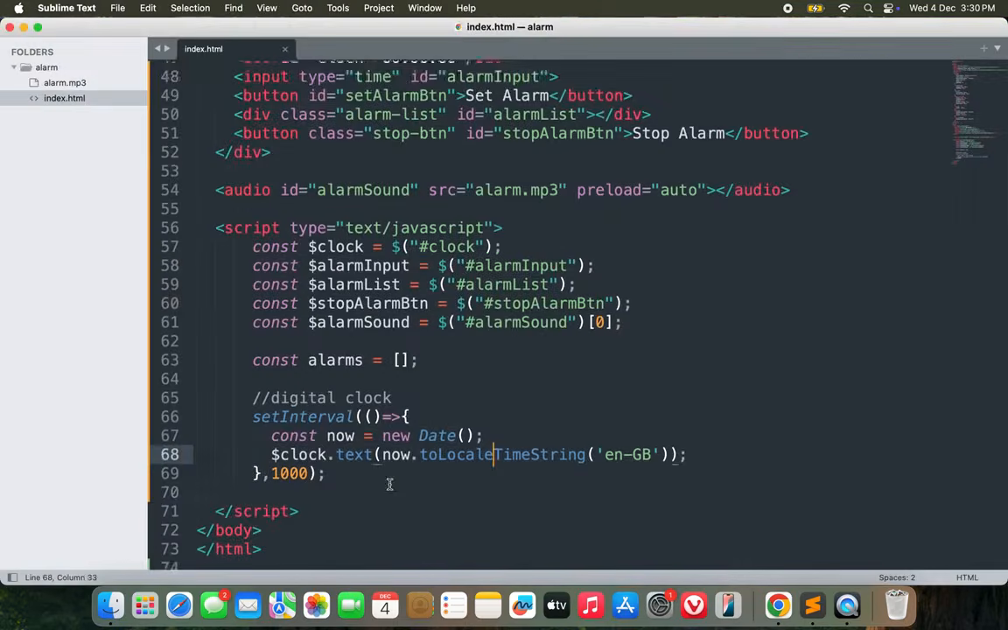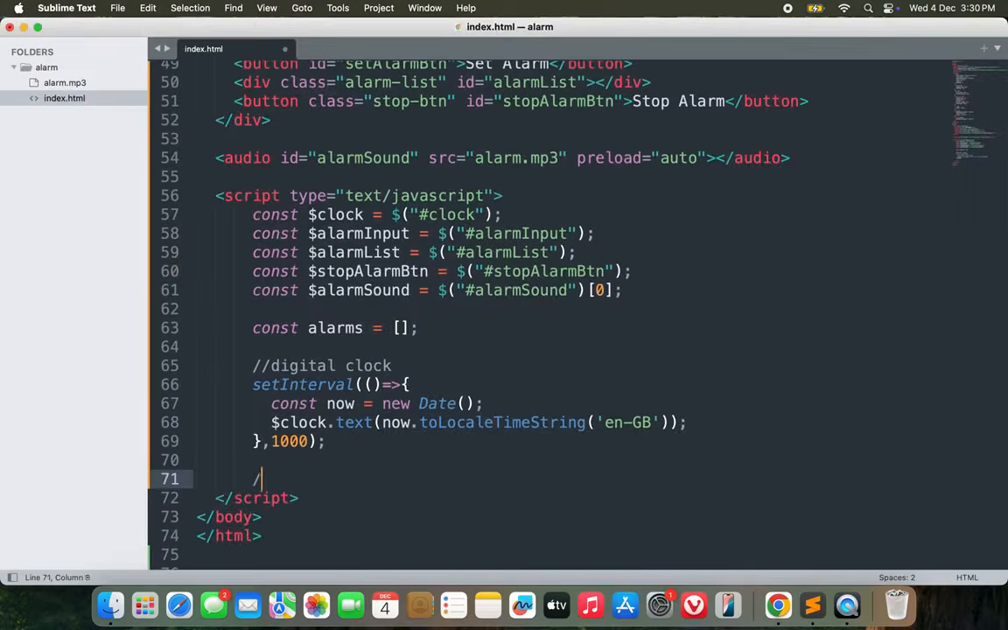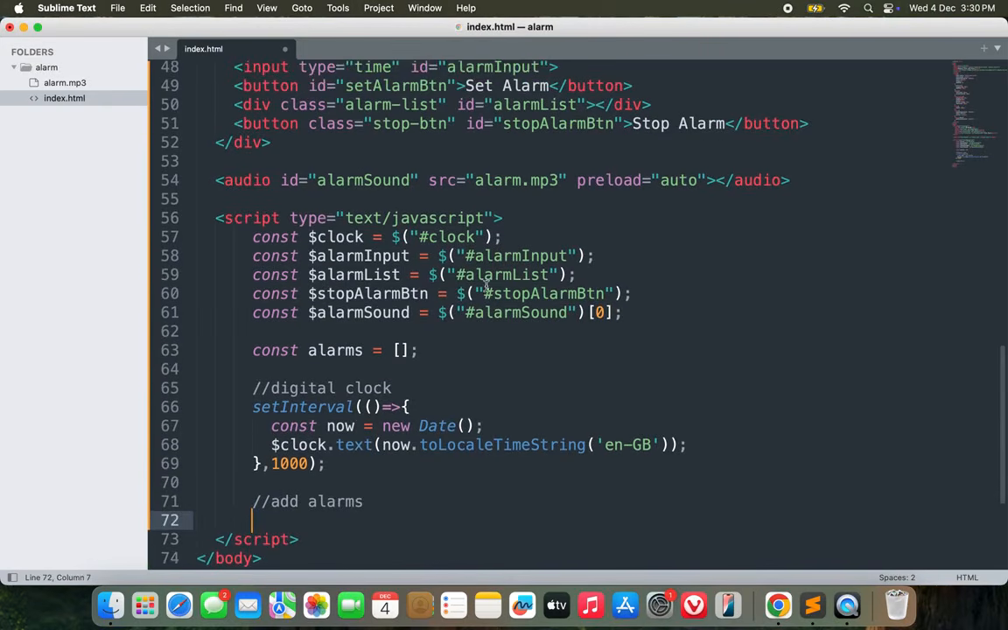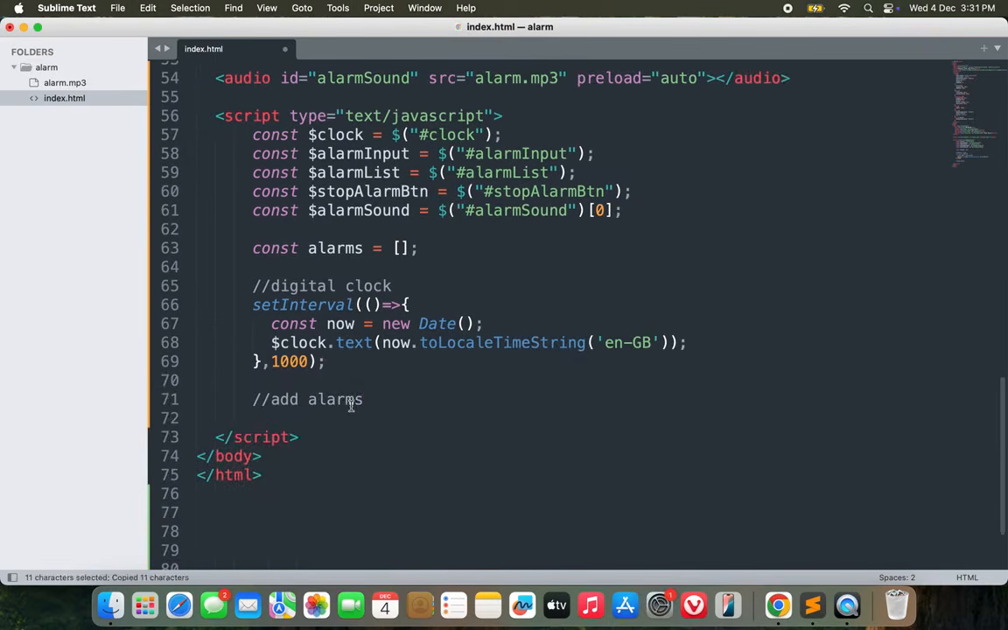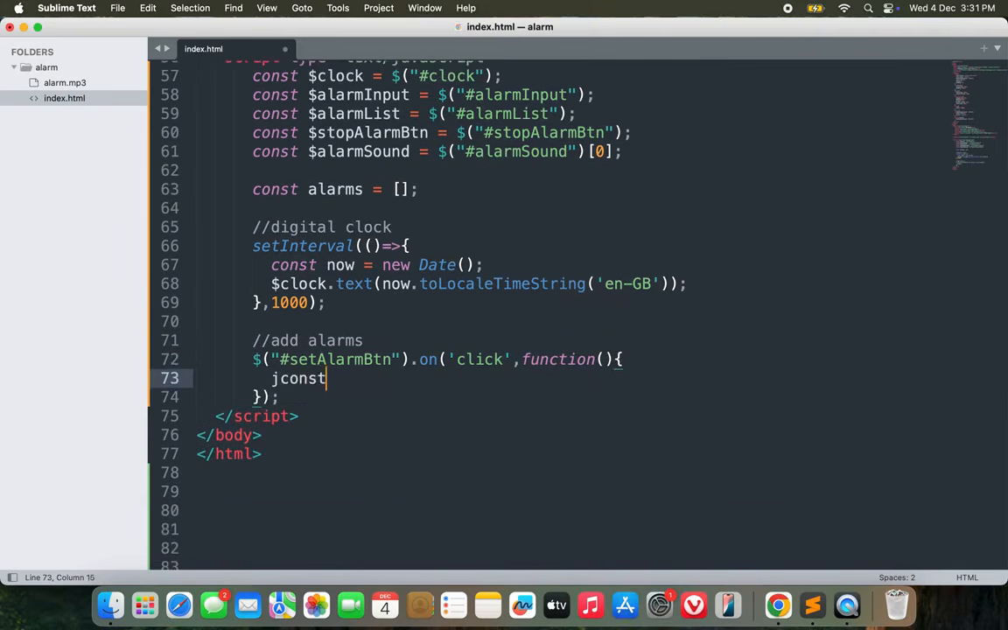So after the clock is working fine, now I need to allow users to add alarms, right? In order to add an alarm, we have a button to add alarm. Where is the button? Set alarm, right? This one is the button. So I need to catch the click event on that button. On click, we've got to call a function, and the function will do what? Take the